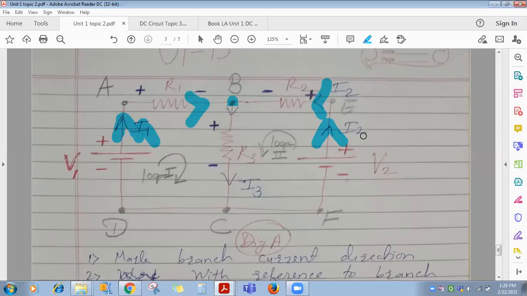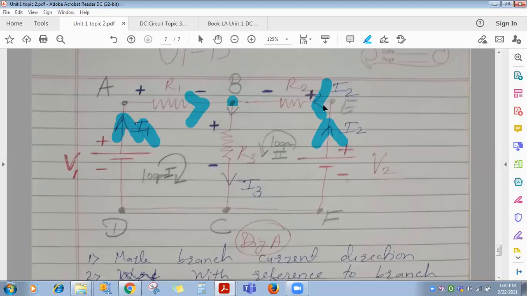Everyone has to listen. Whatever I am telling you, if you want to clear this subject and score in it, listen to each and every point. Notebook and pen you also have to carry with you for every BEE lecture. When I start taking numericals, draw the circuit and try to solve it. Okay, got it? So see, I1 I have represented clockwise. I2 you can represent clockwise or anti-clockwise.